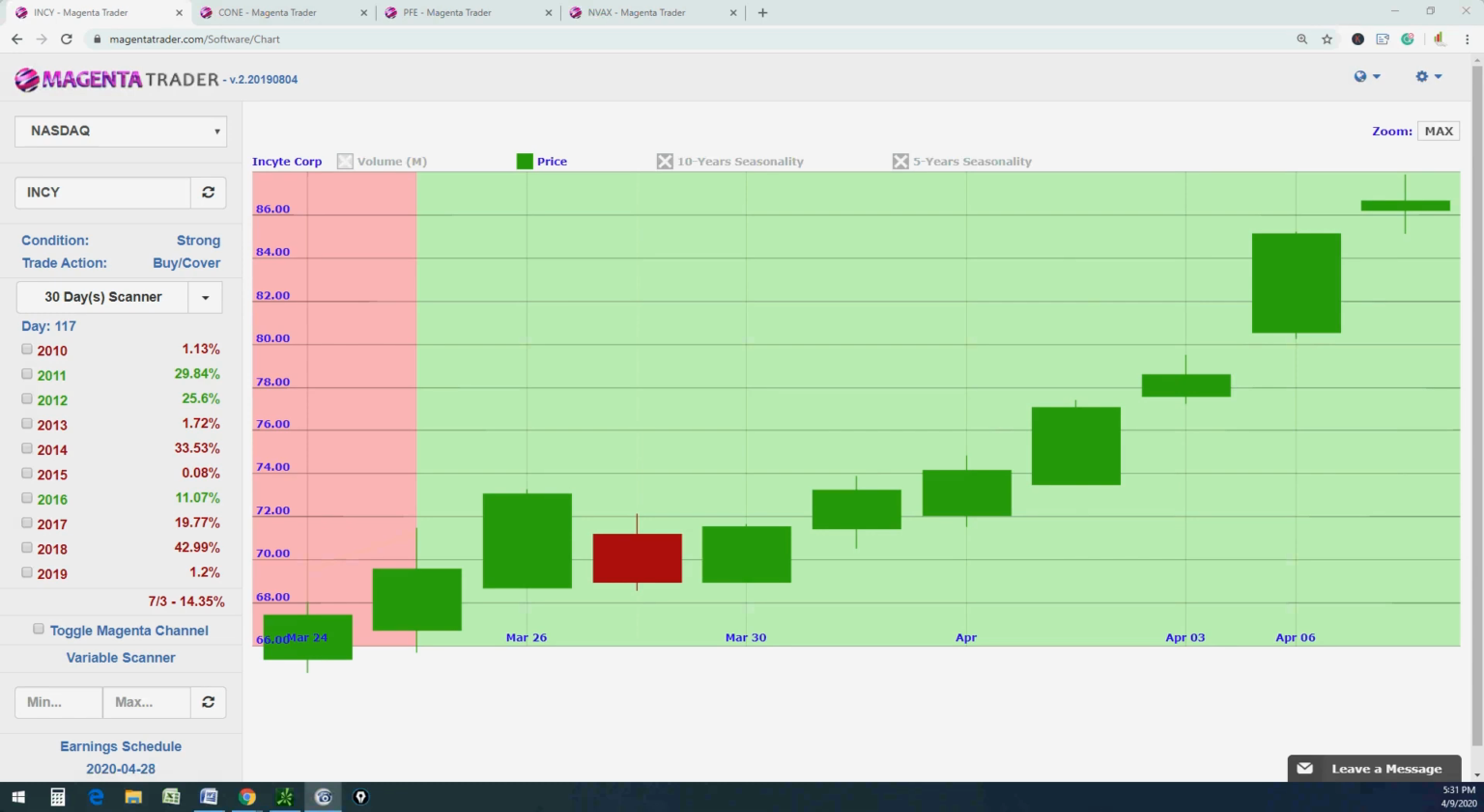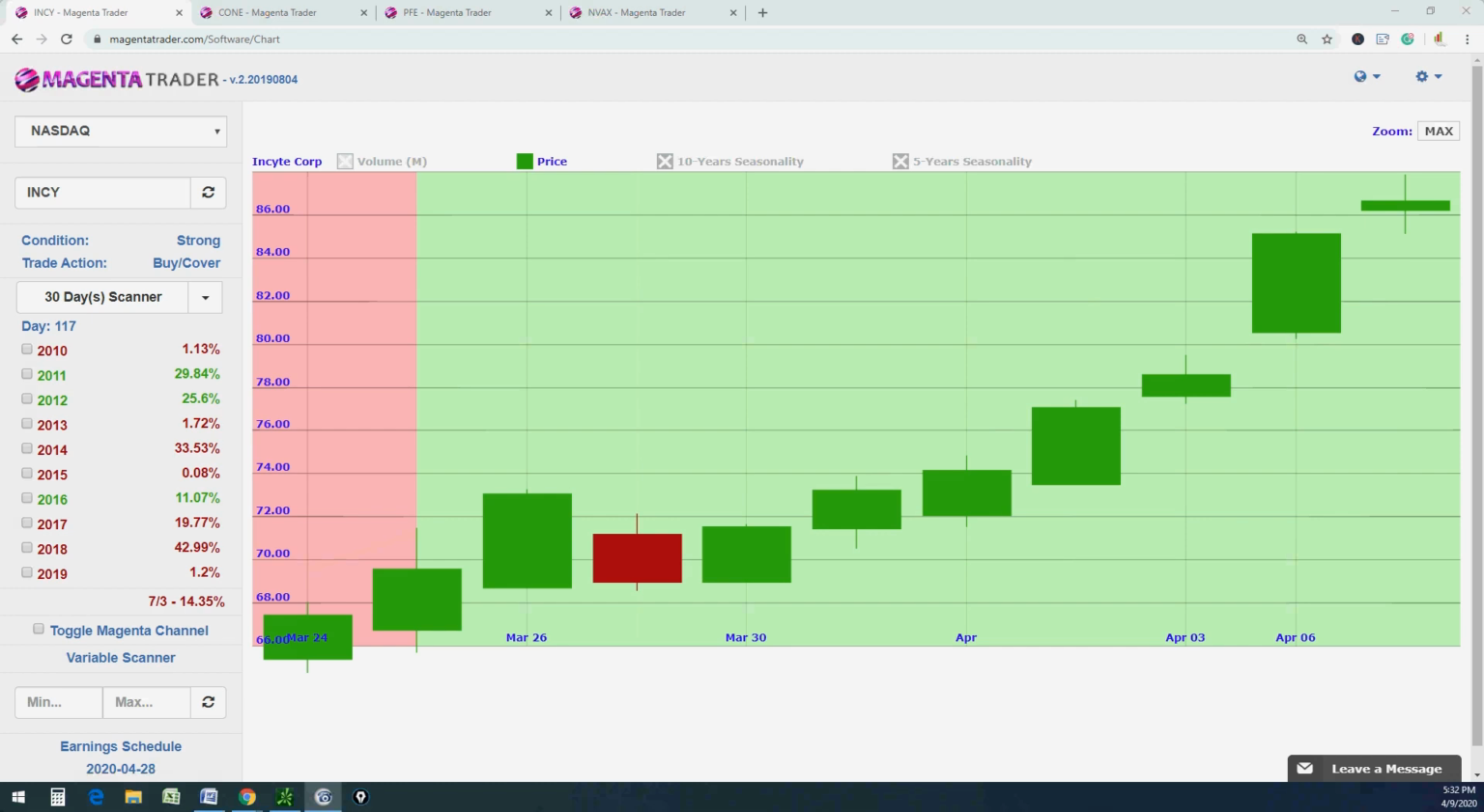Magenta Trader is a technical analysis interpretation software, and what that simply means is it uses algorithms to analyze technical analysis on individual stocks as well as the market overall. And after analyzing the technical analysis data, it literally tells you in plain text what to do each and every